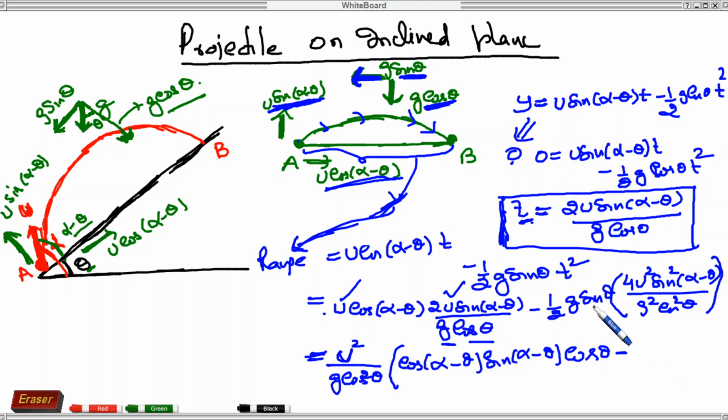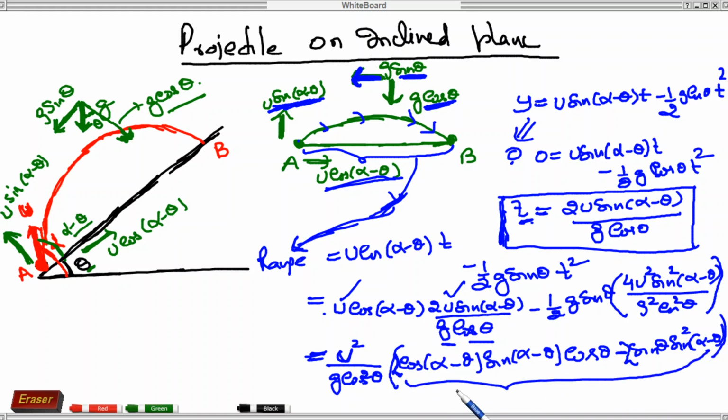minus, what will be left here? This will be sine theta, and 2 will be left here and 2 will be left here, sine square alpha minus theta. So when you are going to solve this equation, it will come out like this. When you are going to solve this internal equation,